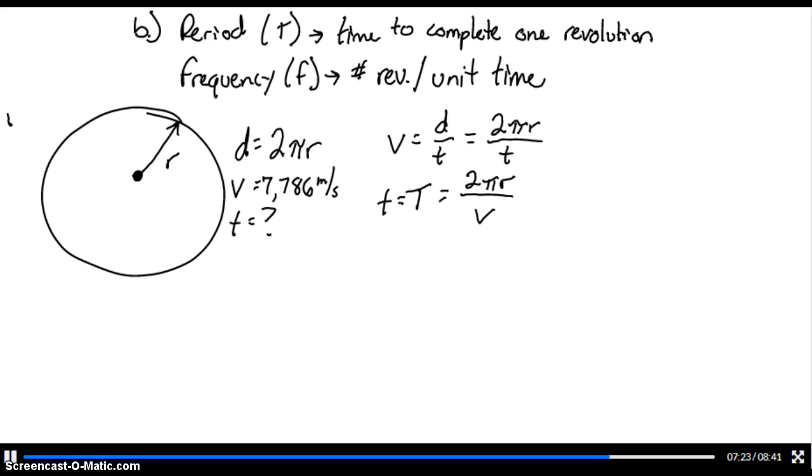So we go through and find the period, capital T, and we simply just plug in values that we know, and we get the time is equal to 5,310 seconds, which is about 1.5 hours. So there you go. Now, as we look at this again,